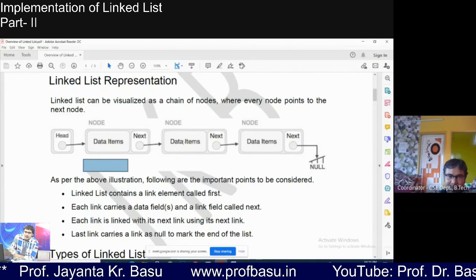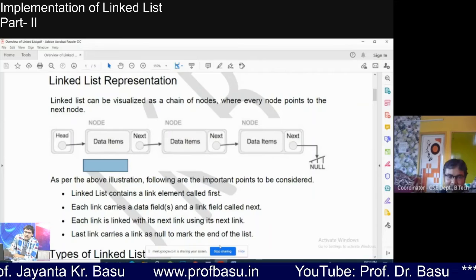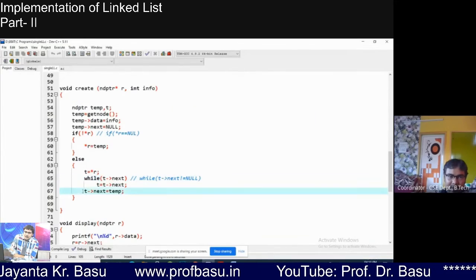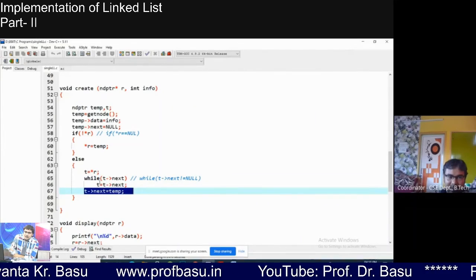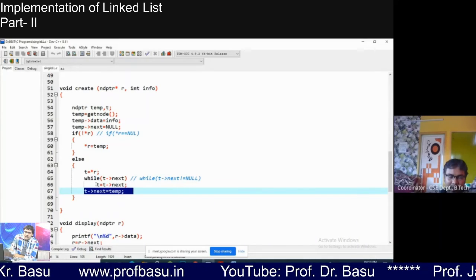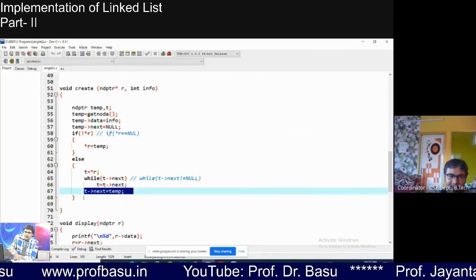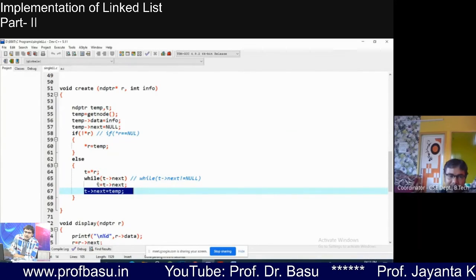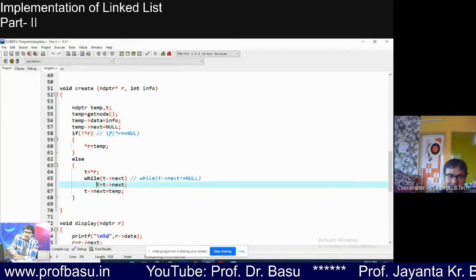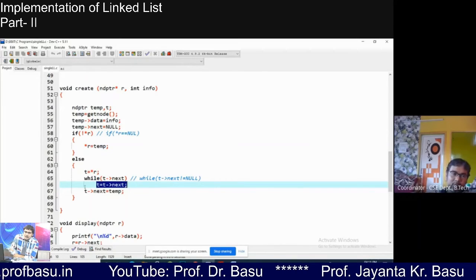For the second node, this is not under this loop. See, had it been under this loop, I could have embedded this in brackets. You know that if only one statement is there in any loop, we don't need to put it under brackets.